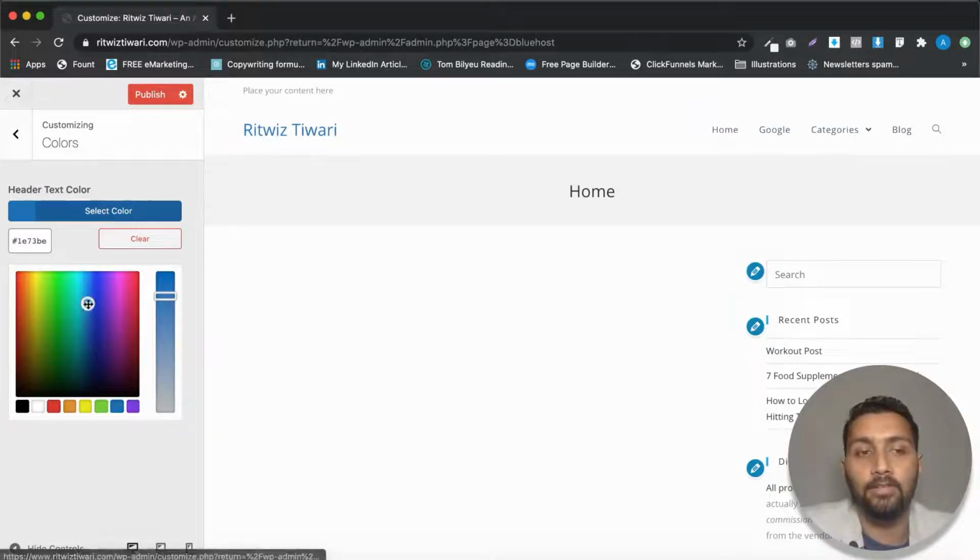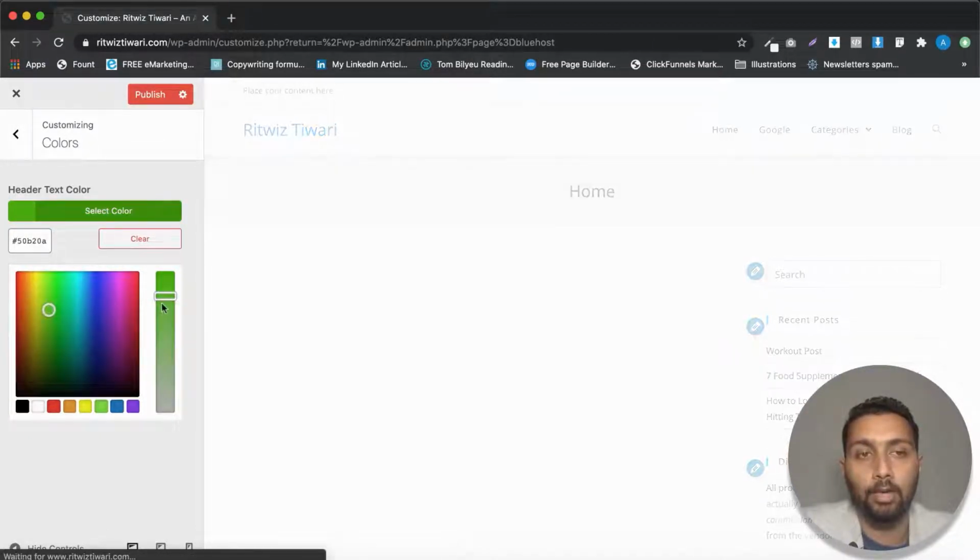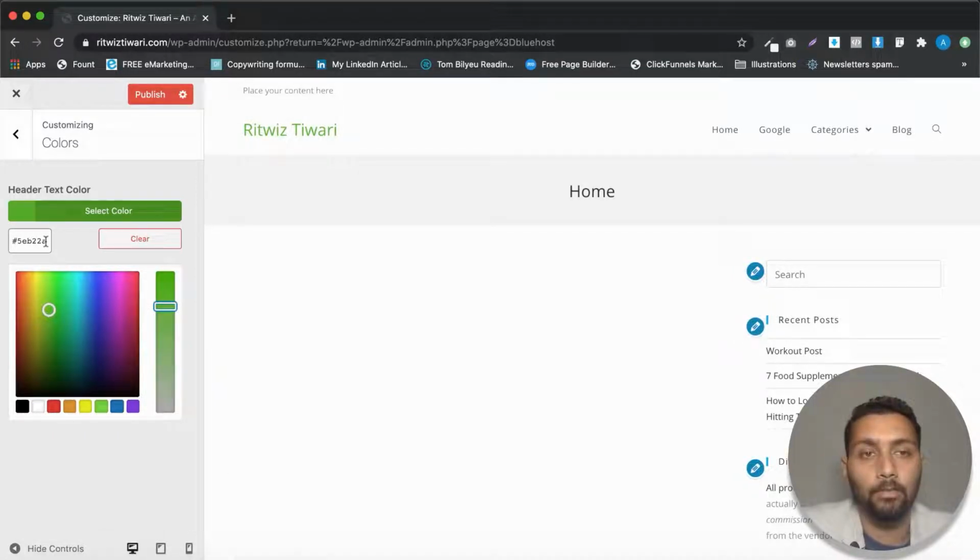Okay, so you can even select your own custom colors by dragging this circle around, and you can find the color of your choice, and then lighten or darken it if you want. You can see that the code is changing. This code is called hex code, because hex stands for hexadecimal, and actually 6 letters are there. That is why this is called hex code.